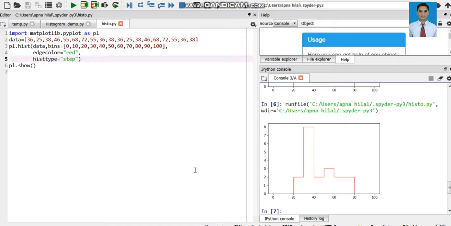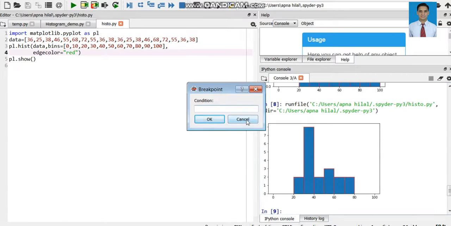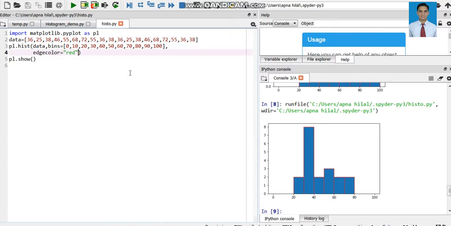Another parameter of the hist method is cumulative. Let us implement it and see the effect.